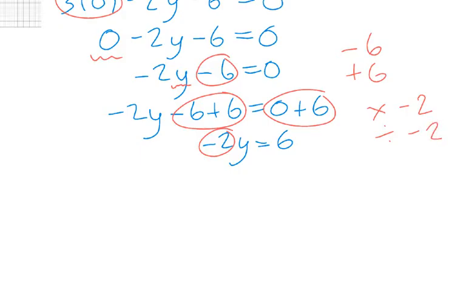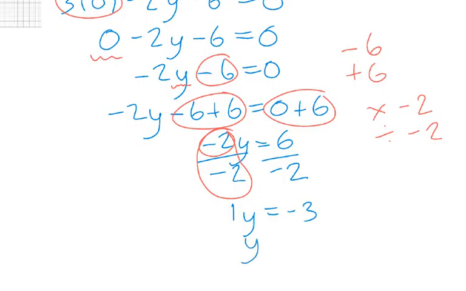So I'm going to divide both sides by negative 2. Negative 2 divided by negative 2 is positive 1. And 6 divided by negative 2 is negative 3. Anything multiplied by 1 stays the same, so I'm going to remove the 1, and